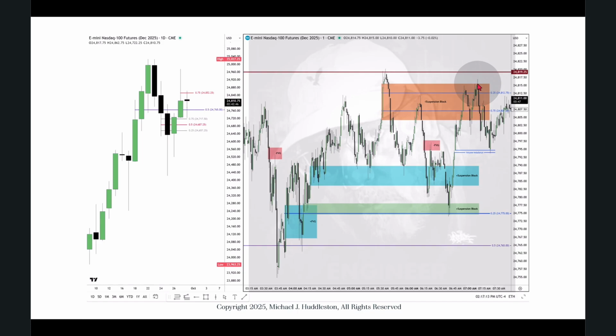I mean, I wish I had more time. I have so much fun with this. But it breaks lower, comes back up, consequent encroachment, trades down to the volume imbalance, and then sends it higher back